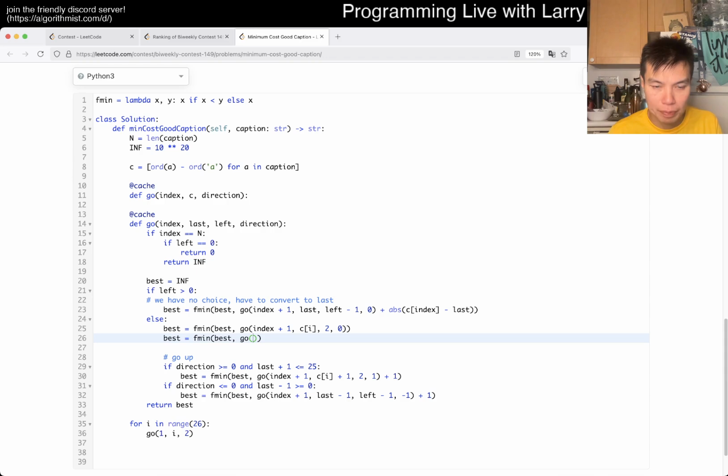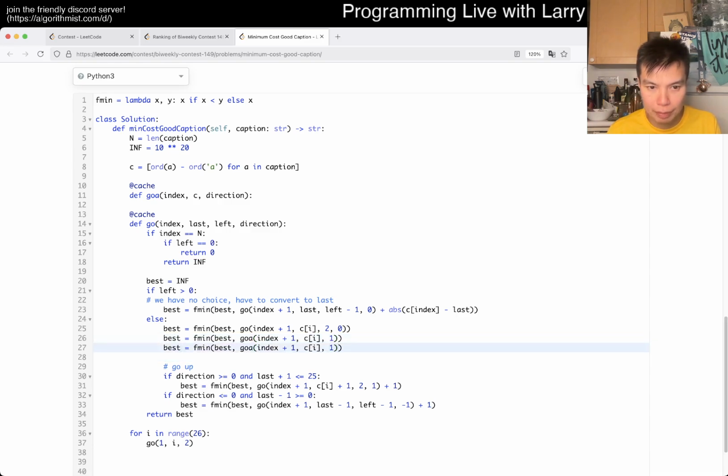Go index plus 1, C sub I. Go A for aggregation, and then 1, and then -1, right? So what this will do then is